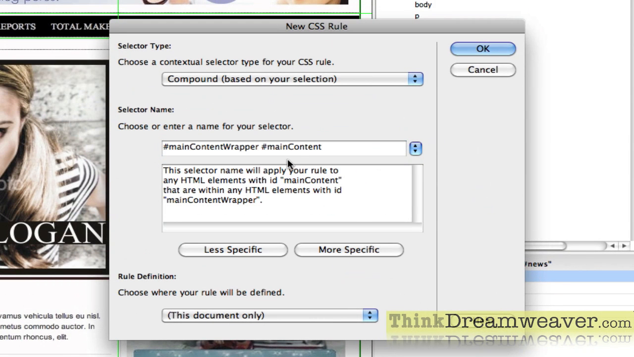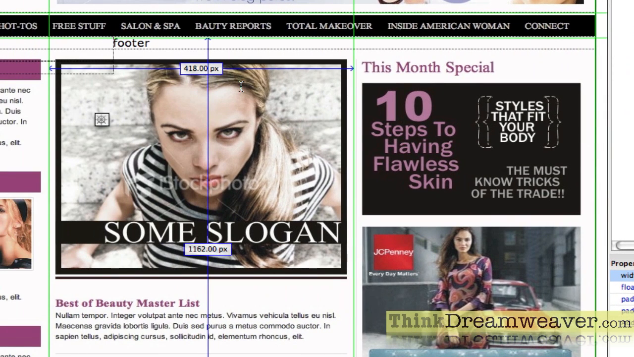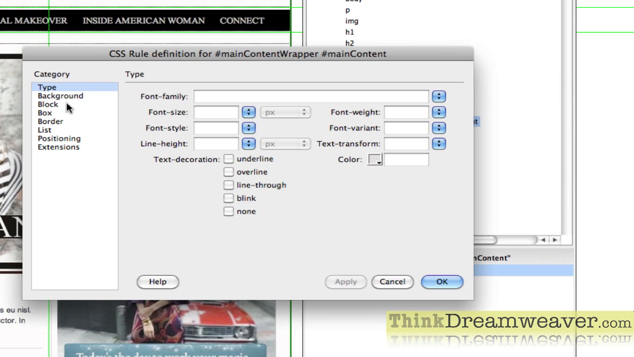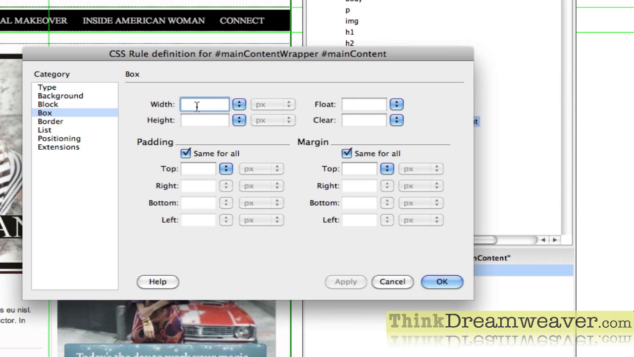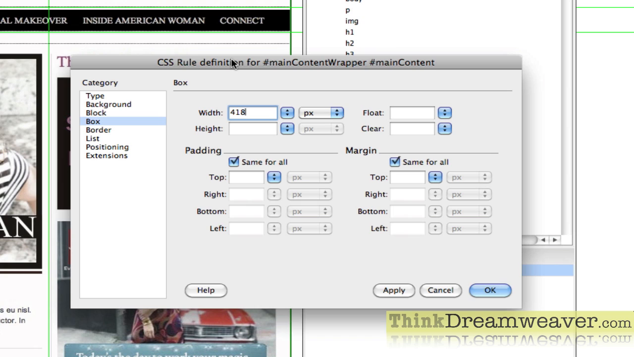So main content is inside of content wrapper. And again, hold down the command key between point A and point B. This is 418 pixels wide. That's how big I make the div tag. Select the tag, make a rule. So this is going to be 418 pixels wide, and we're going to put, from the top,